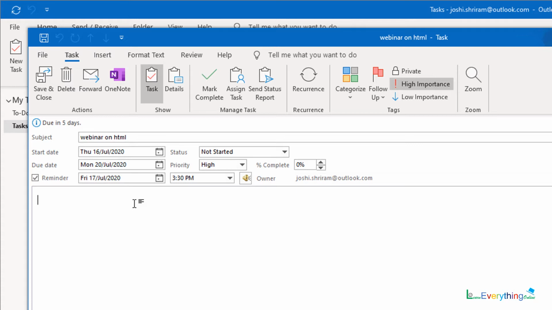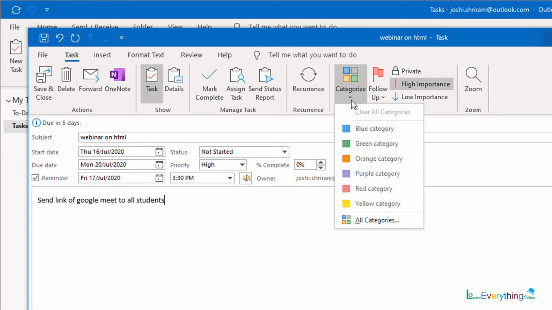Now what am I supposed to do on that date? Send link of Google Meet to all students. So this is my activity which I am supposed to do on 17 July, that is before 3 days of my due date. Okay, so I want to save this.